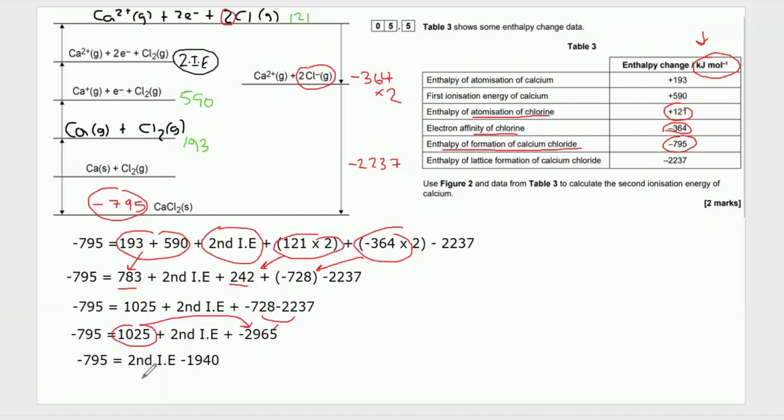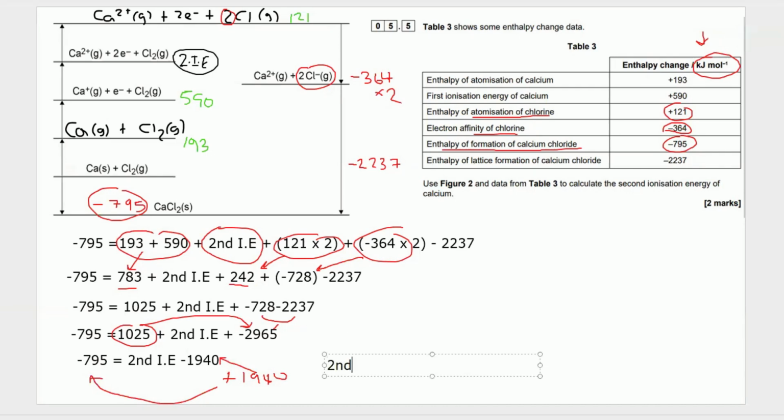So what do I do now? I just plus 1940 to each side. So I'm going to plus 1940 to each side, and that means we're going to get rid of the 1940 on the right hand side to just leave second ionization energy, and you're going to take 1940 and add it to minus 795, smash that in your calculator,